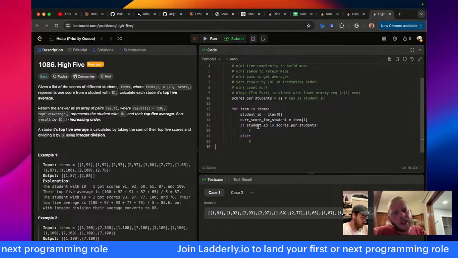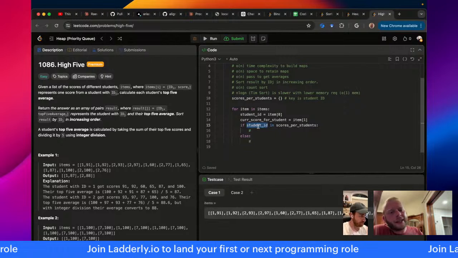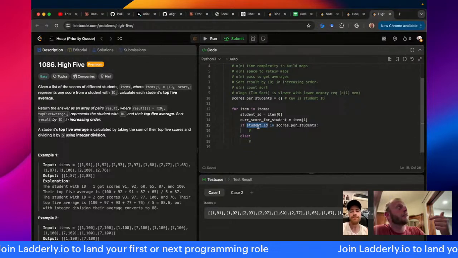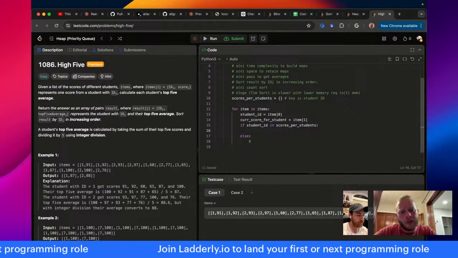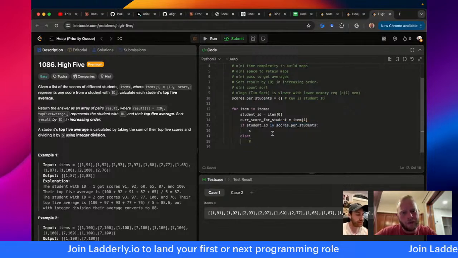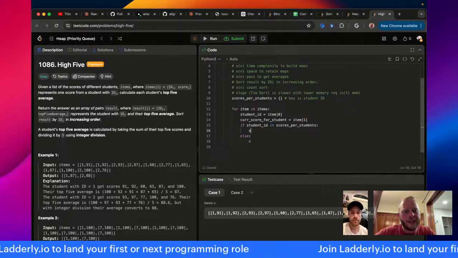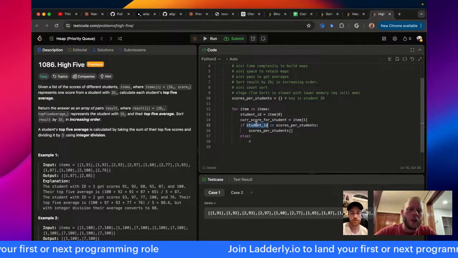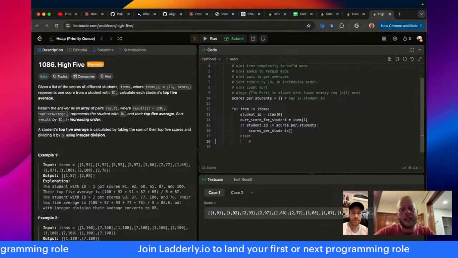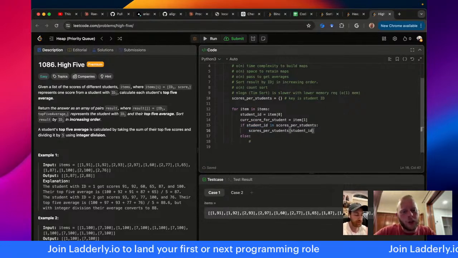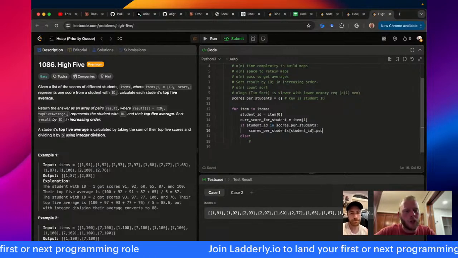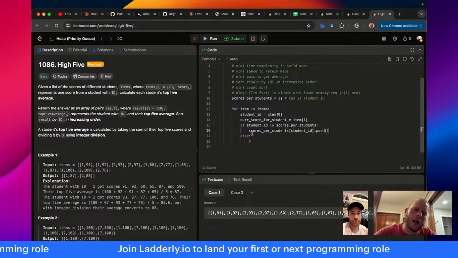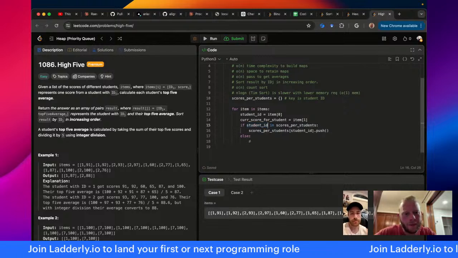Let's just go ahead. So what I'm saying in this case is if the student ID is in there, let me push on it. And so I'll say scores per student, and I'll look it up with the bracket syntax. If I use the bracket syntax and it's not there, I'm going to get a key error. You could use the .get operator instead if you wanted to return a none by default instead of erroring.